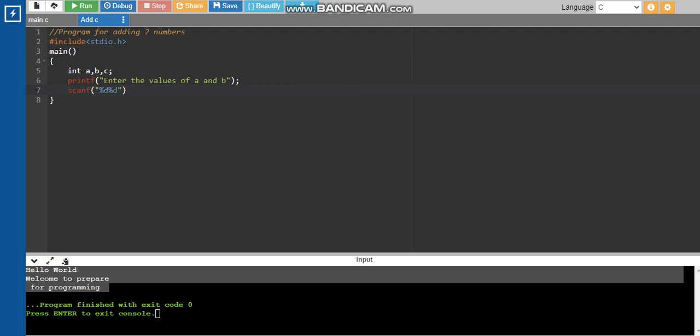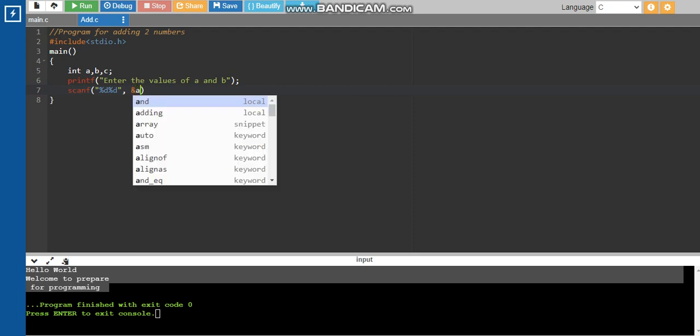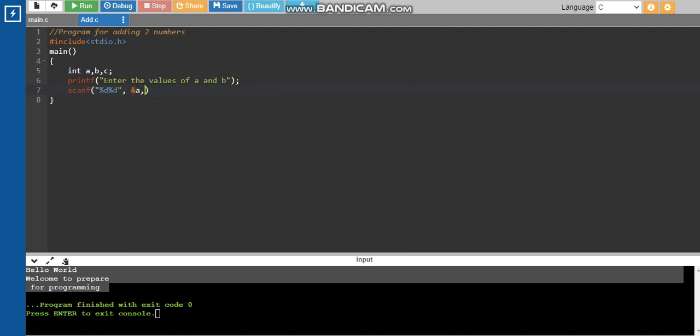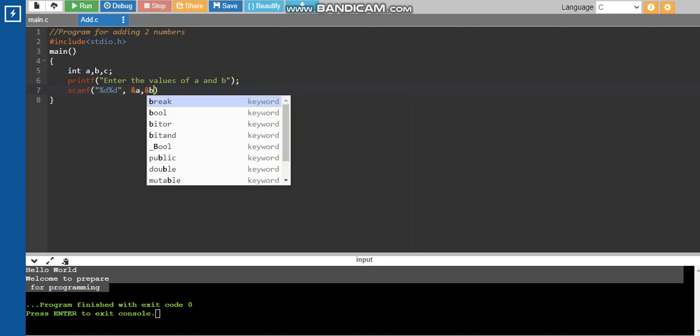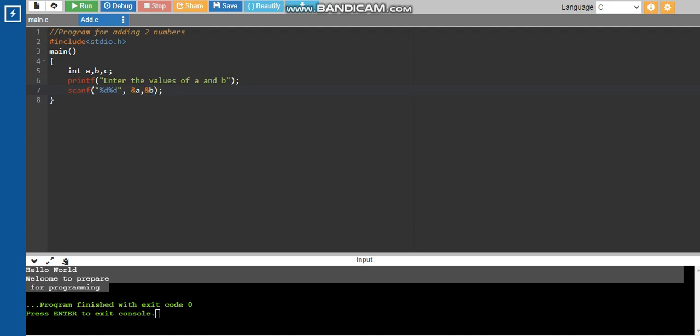First %d means I want to read the first value, and second %d means I want to read the second value. That is, here I want to read two integer values. Whenever it is %d, always remember that it is for integer values. And I want to read the values at the address of A and at the address of B. So address of A comma address of B, and the address is represented by the ampersand symbol.